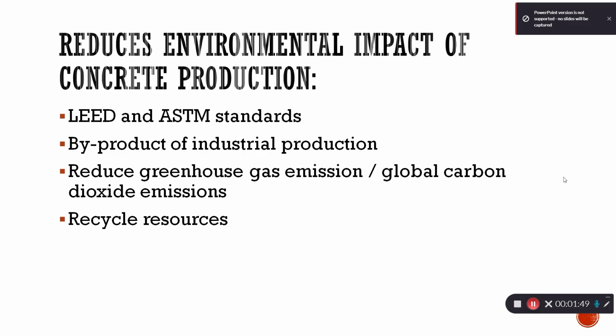So, the use of supplementary cementitious materials, or SCMs, such as fly ash, as a replacement for cement and cement mixtures is an effective way to be sustainable in the construction industry. SCMs have pozzolanic activity, and this can help to improve later properties of concrete. Fly ash is a byproduct of industrial production. SCMs are sustainable in the construction industry because they can reduce greenhouse gas emissions and they can recycle resources. Using a geopolymer binder, such as fly ash, can significantly reduce the global carbon dioxide emissions and energy consumption, making it much more sustainable than Portland cement.